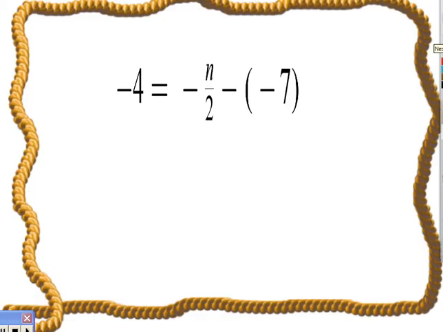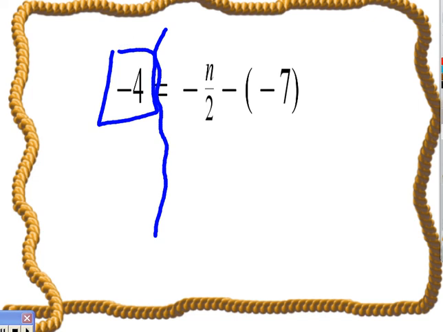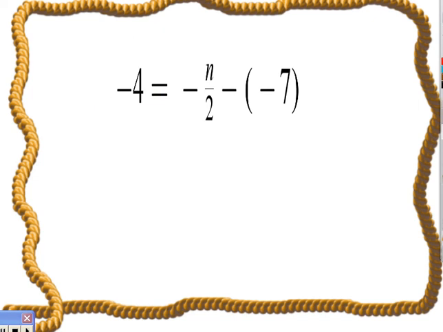Negative 4 equals n divided by 2 minus negative 7. Of course, it says the opposite of n divided by 2. So, since the n is on the right side of the equal sign, we need to get it alone. So we need to get rid of this 2 and this negative 7. The negative 4 is happy right where it is. We're going to leave it alone. Now, one thing I want to take care of right away, this is kind of tricky on how to deal with this. So I'm going to just change this to that,